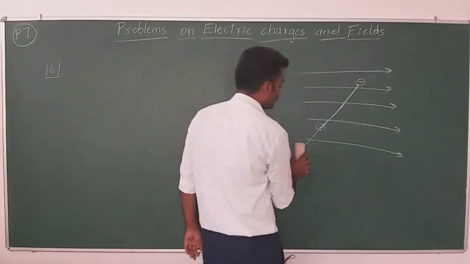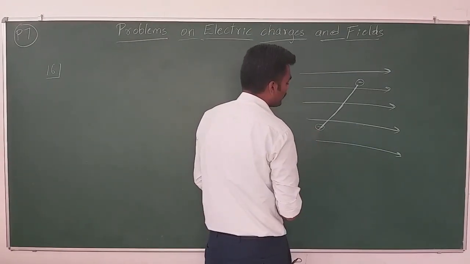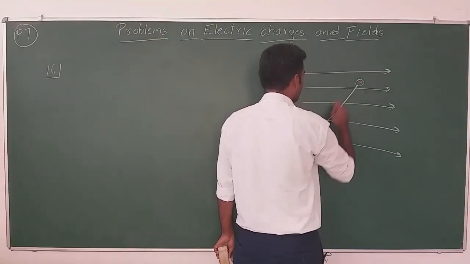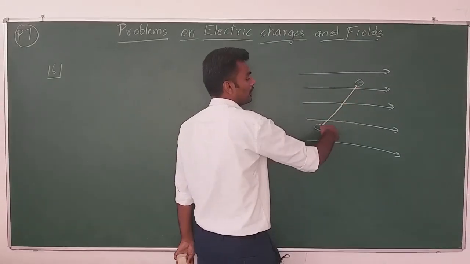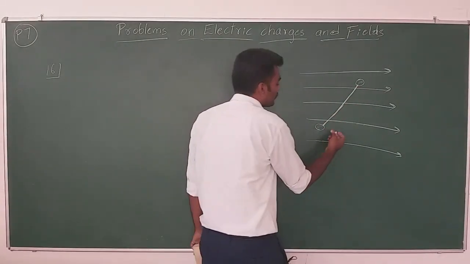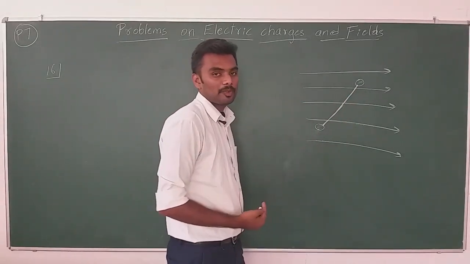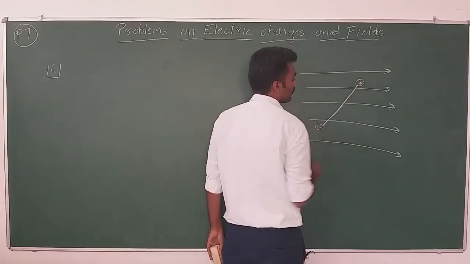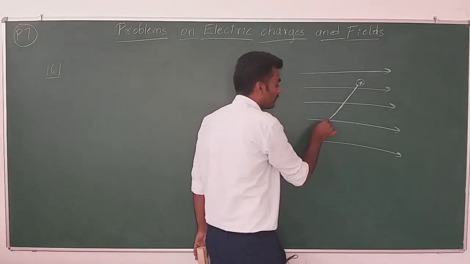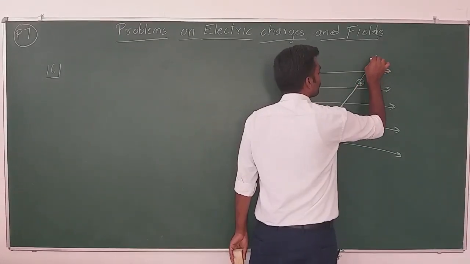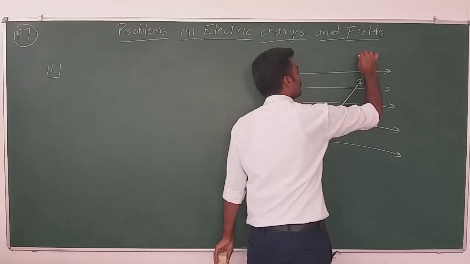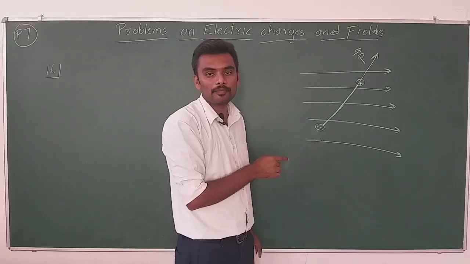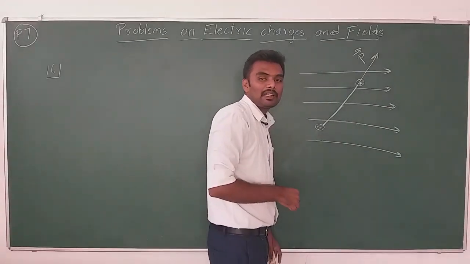So now let me change, because the given angle between the electric field and the dipole moment is 30 degrees. If I put positive here, negative here, we won't get the angle 30 degree. So that is not the right kind of arrangement. The right kind of arrangement is here there is negative charge and here you have positive charge. The direction of dipole moment is always from negative charge to the positive charge like this. This is the direction of P, dipole moment of the given electric dipole. Now this is the direction of electric field, right?